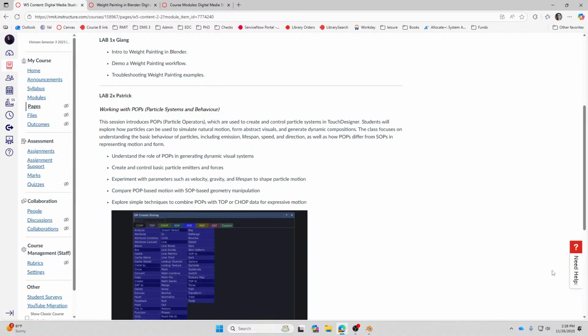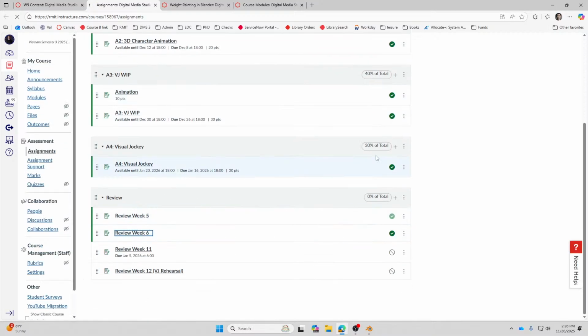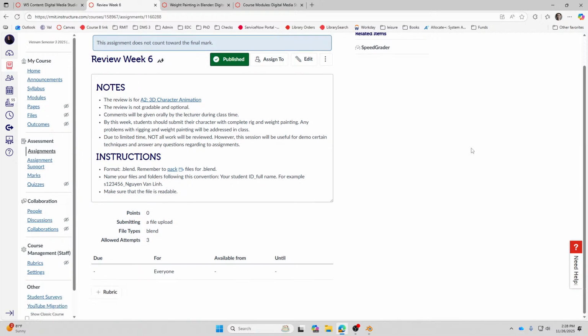I know a lot of students will struggle with weight painting. You can find the link for submissions in the assignments, under review week 6. You can find the instructions here.